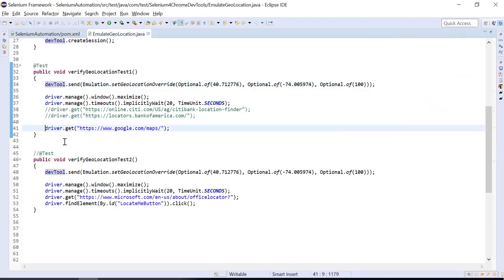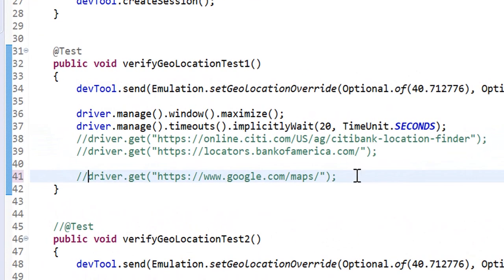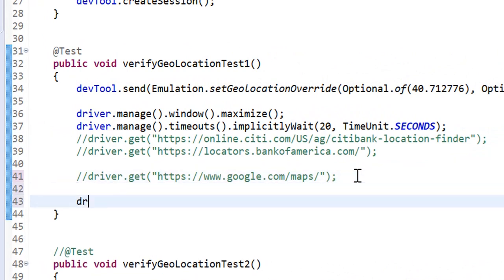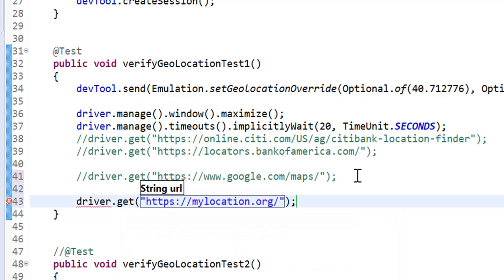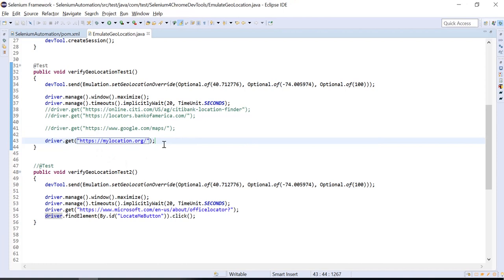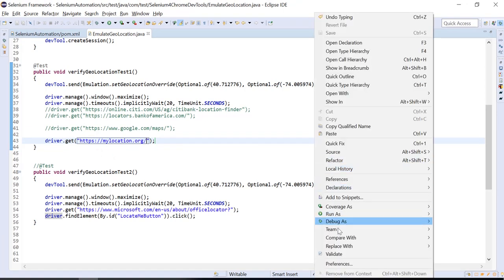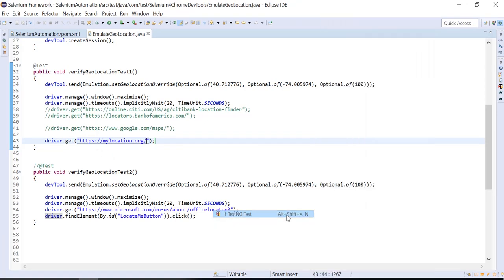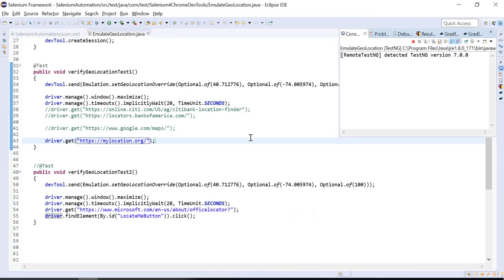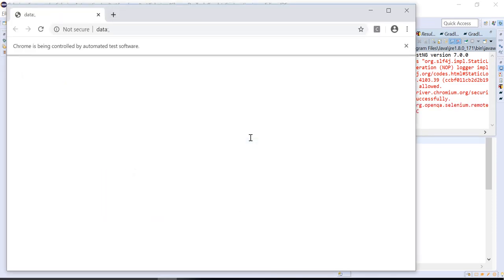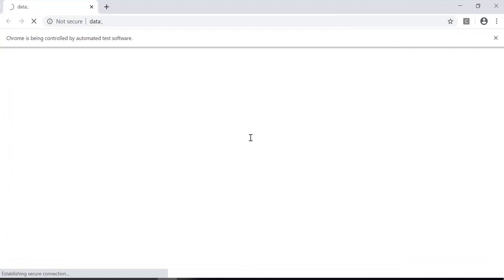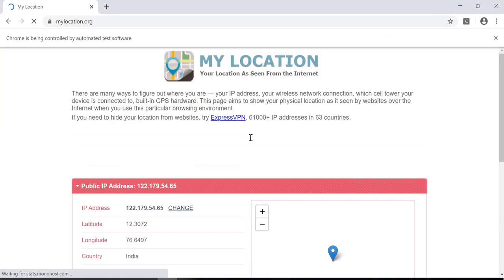So let me comment this driver dot get. Let me execute. Generally it should load New York City or some nearby city of New York. The browser is going to open, and the browser opens the portal mylocation.org.